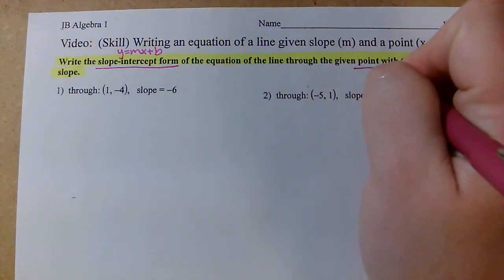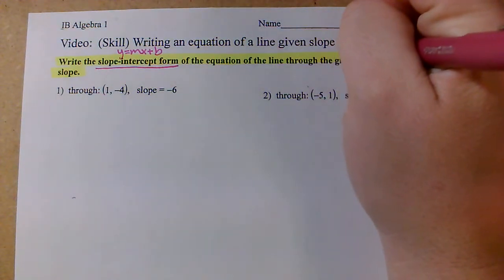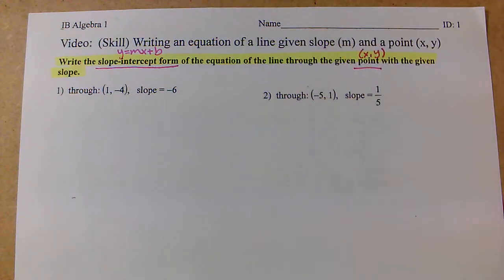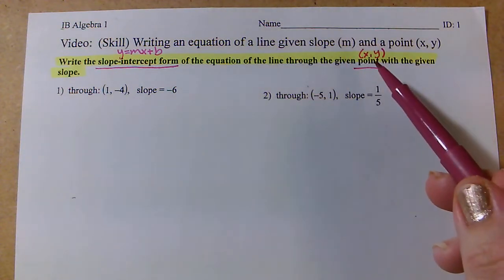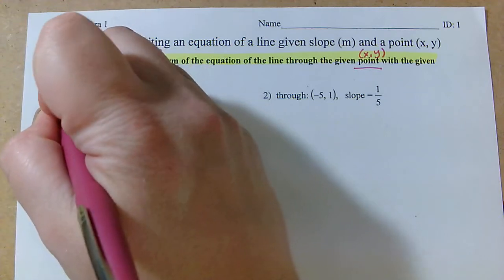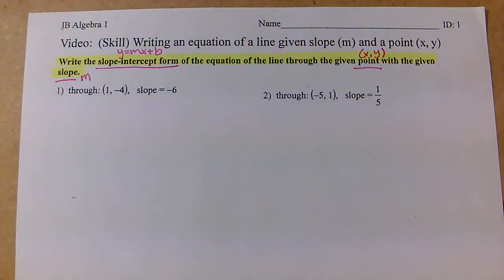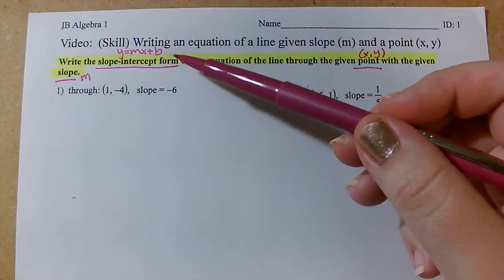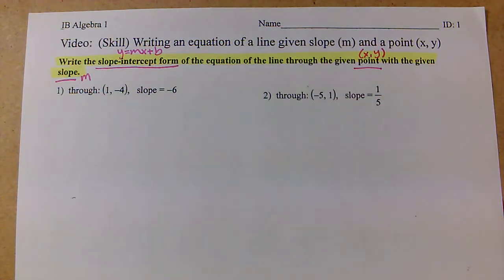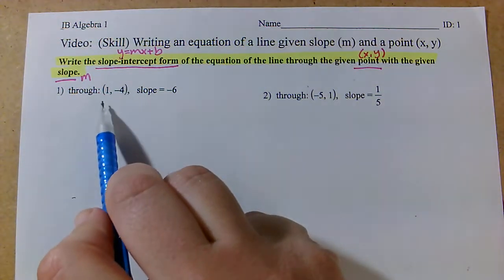So the given point means I'm going to be getting something organized in an xy way, and I'm going to be given the slope of the line as well. So our slope is m. Those two pieces of information are going to help me write this equation. If I look at the first example here, I want to find the equation of the line that goes